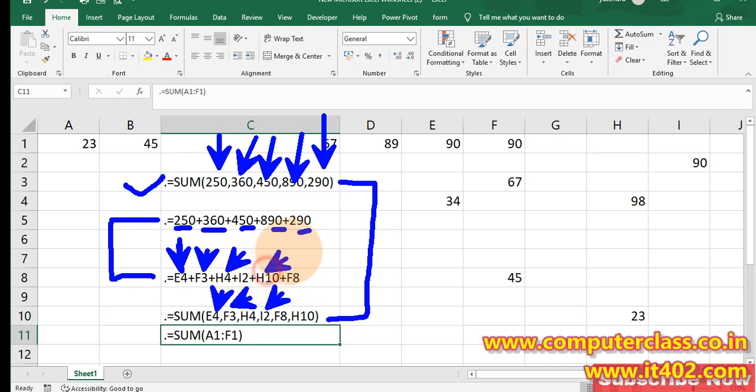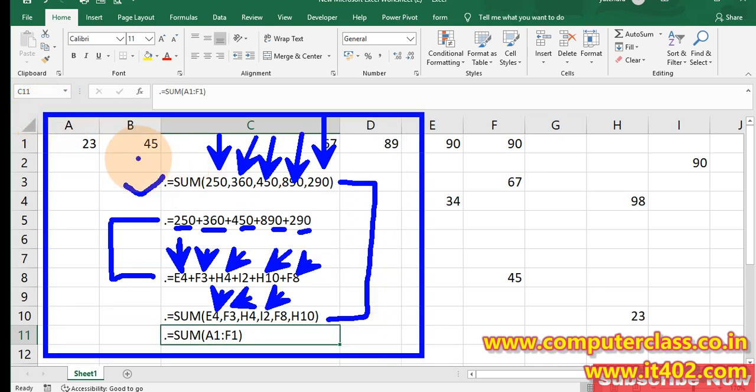So you need to always understand the difference between them. If we have a number and the number is not written in the Excel sheet, we can directly use this method, like equal to 250 plus 360. If the number is already written in my Excel sheet, I need to use the cell address. And the main difference, which students often ask about, is what the difference is when you put the number directly or put the numbers as a cell.